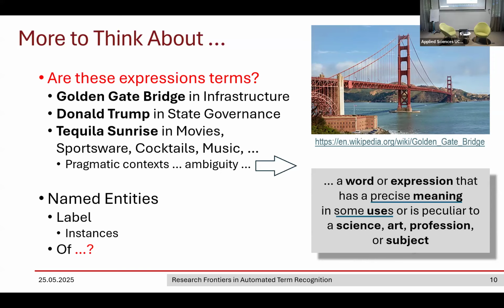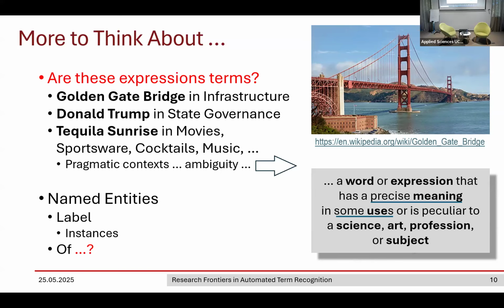So these point us to several pragmatic contexts, which will be discussed shortly in the next slide. So if we look here, we will qualify these expressions perhaps like named entities,